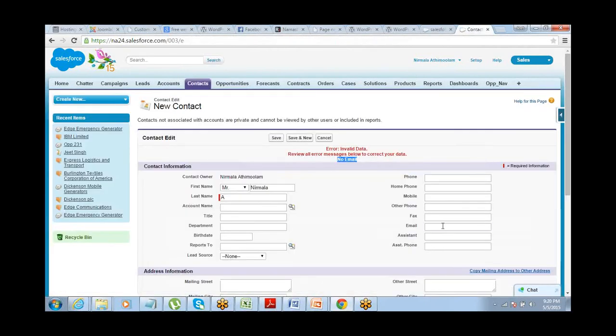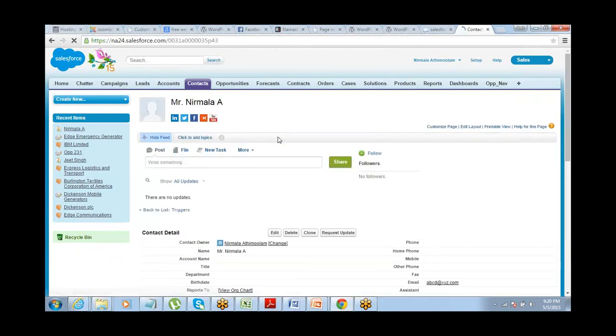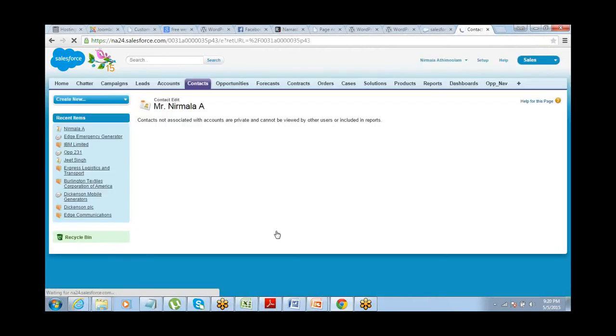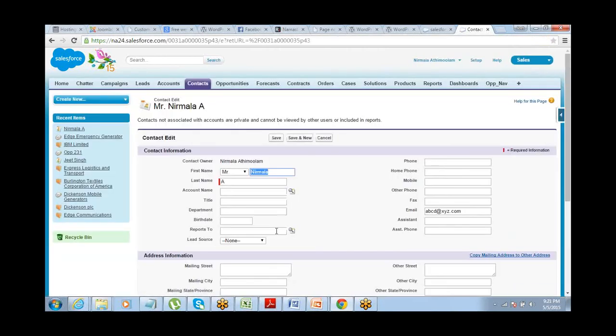Now let's say I supply the email ID here, abcd at xyz.com. Try to save it now. Saved. Alright. Now if I edit this record and delete the email ID, and now if I save it, will it throw an error or will it save the record?